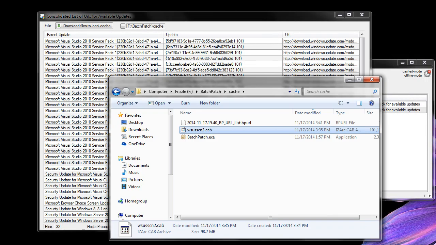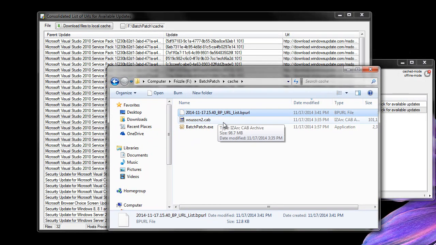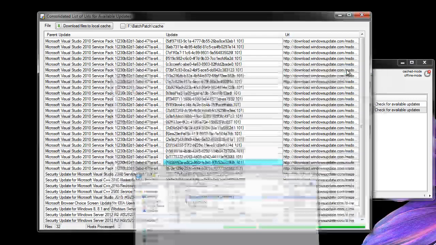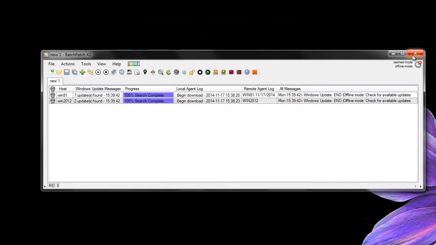Alright, so now what we've done is we've saved this BP URL list to our same cache directory. Okay, so now we would go ahead and close this, close BatchPatch, and now we have to go